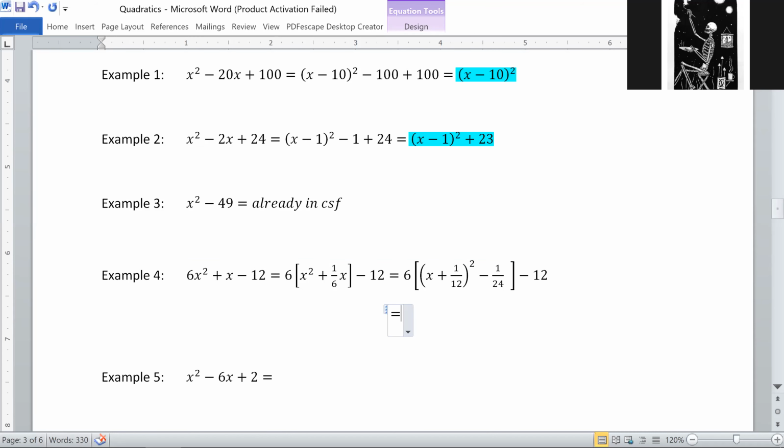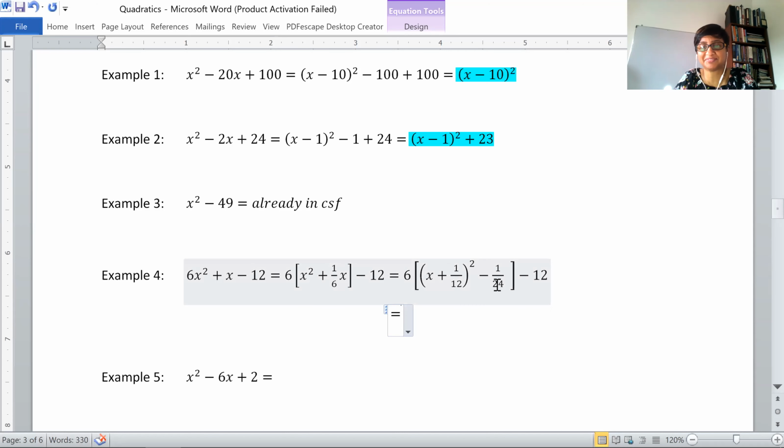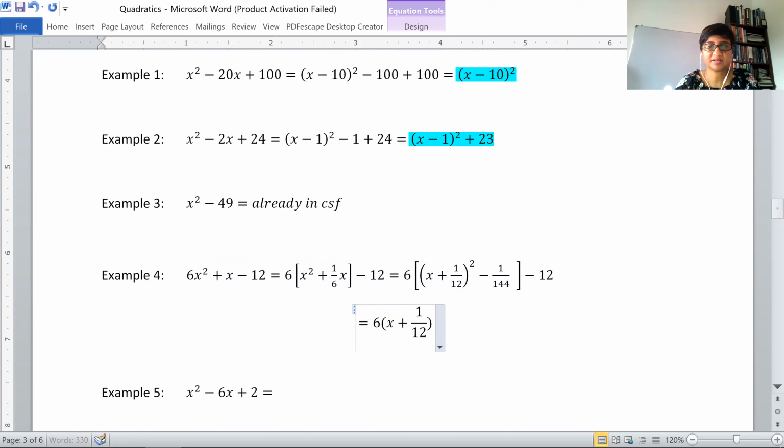Miss, isn't 1 over 12 squared 144? Here's 144. Good. Who else noticed that? How many of you are paying attention? 12 squared is 144. And now you take the 6 back into the bracket. So you will get 6 times x plus 1/12 squared